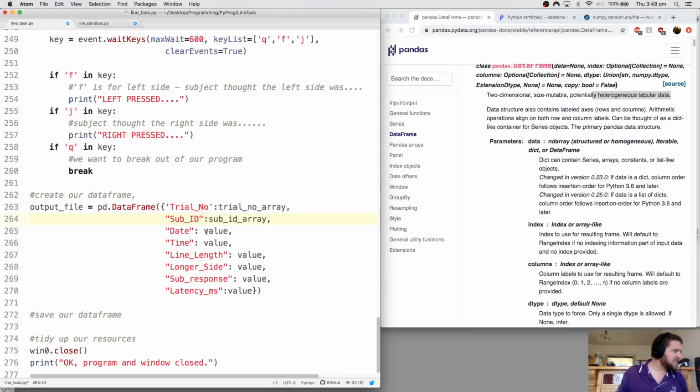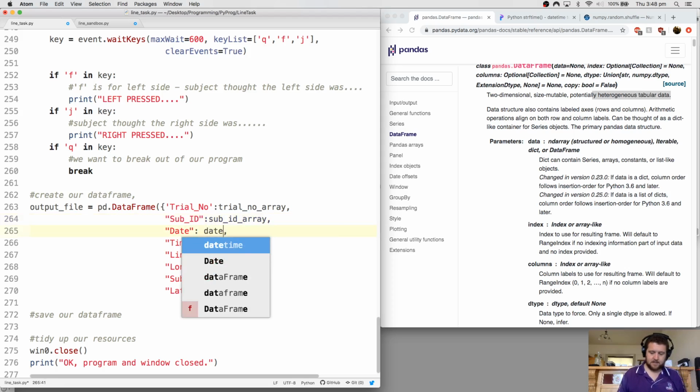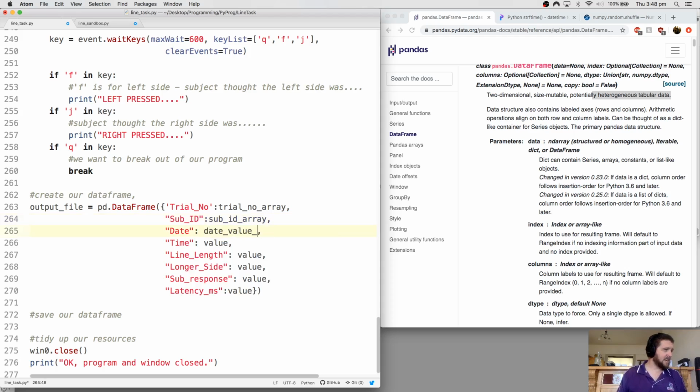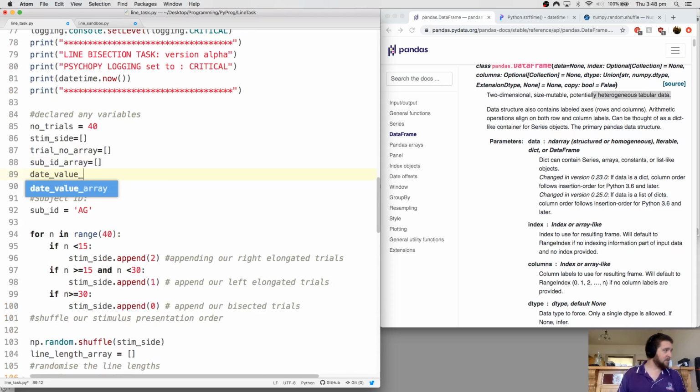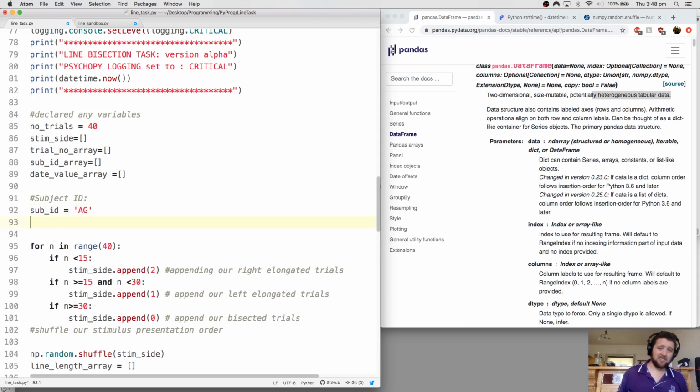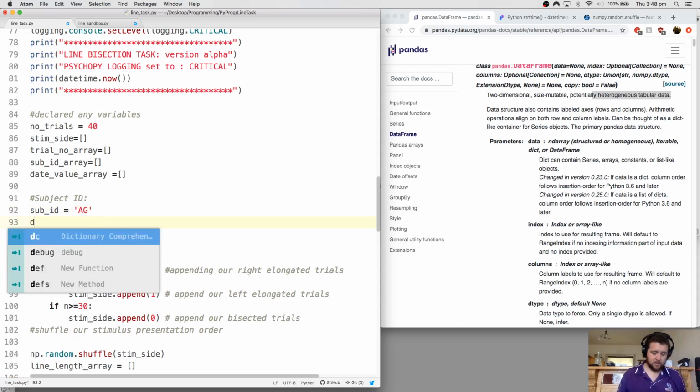The next value is the date. So we need the date value array. Let's create that now. The date value array equals that. And so how do we get the date? The date's probably not going to change when we run this experiment. So we can go date